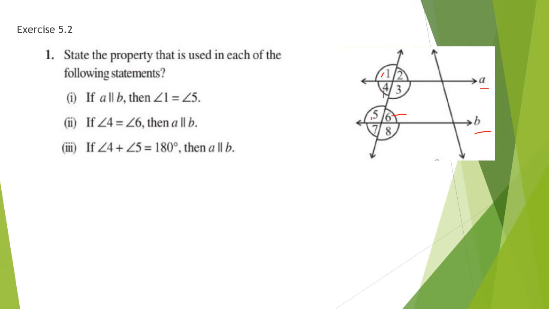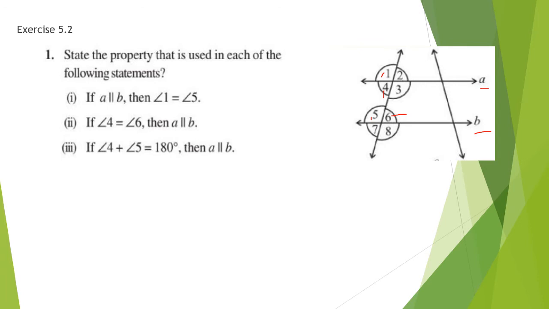And the second one: angle 4 is equal to angle 6. So find angle 4 and 6. This is angle 4 and this is angle 6. Why is angle 4 equal to angle 6? Because 4 and 6 are interior angles, right? And what is another name? Alternate interior angles. 4 and 6 are interior angles, and also they are alternate interior angles. So we have learned the second point: alternate interior angles are equal. So you can write the condition, alternate interior angles.